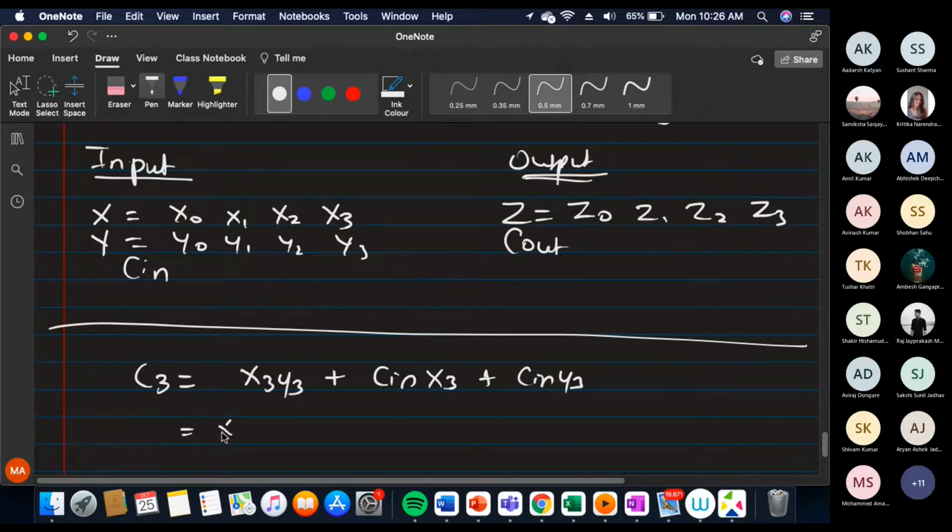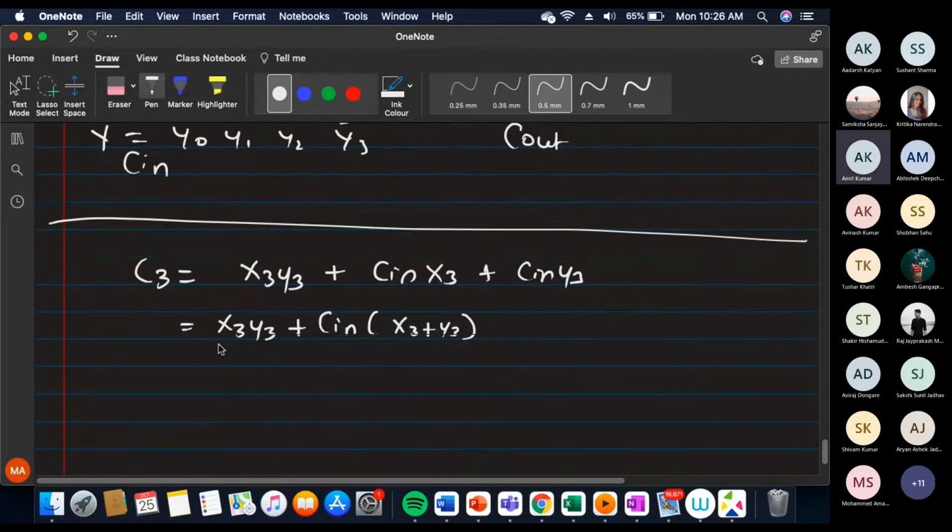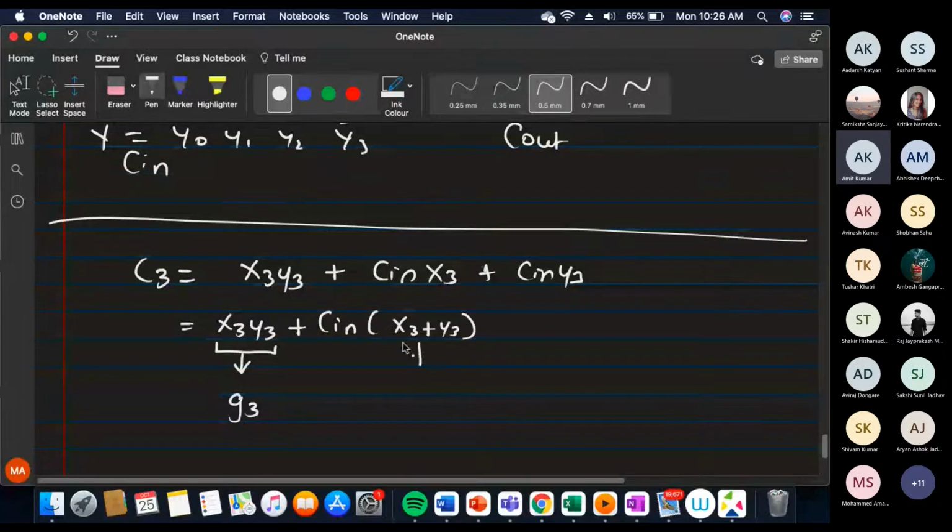So I can rearrange the equation and take C in common, and in brackets I can have x3 plus y3. Can I do that? This term x3 and y3 is replaced with g3. And these two terms, x3 plus y3...